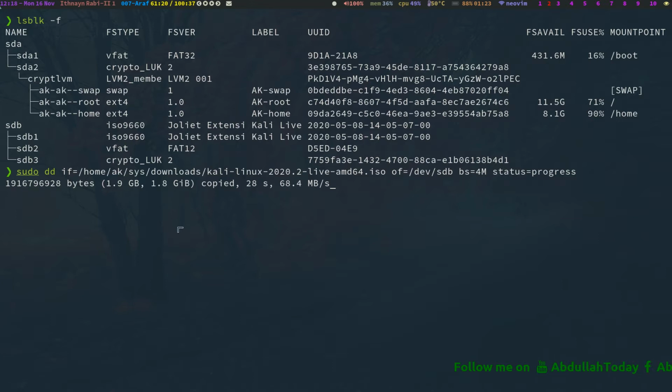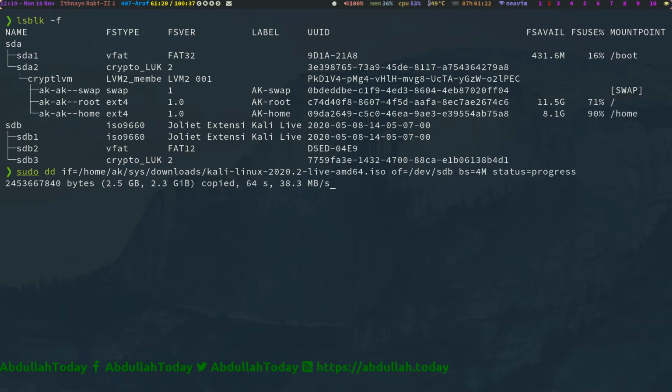You can see 2 GB has been written to this USB drive. 2.5 GB have been written. Let's wait for it to be completed.